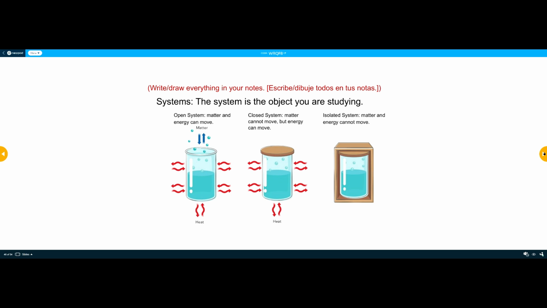Styrofoam is an excellent way of preventing heat loss or gain, and you can also cover it with a styrofoam lid, which you'll see sometimes in cold packages being shipped across country.